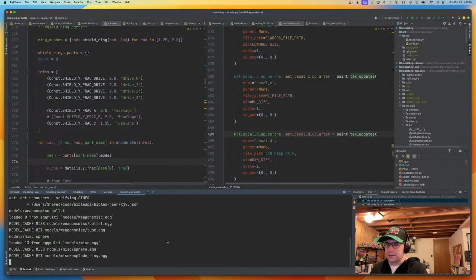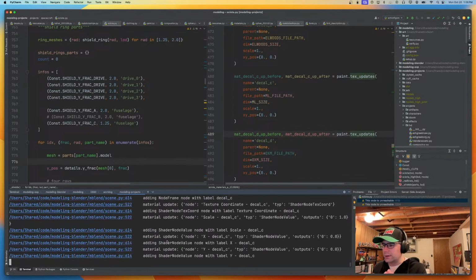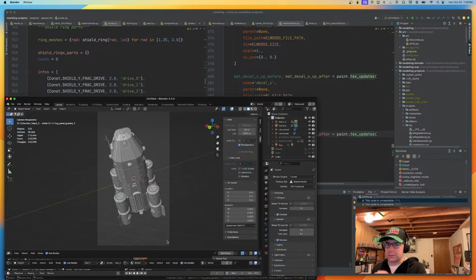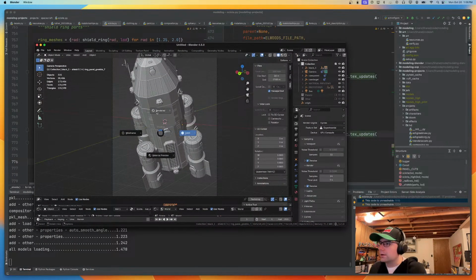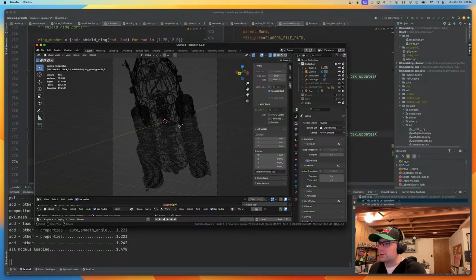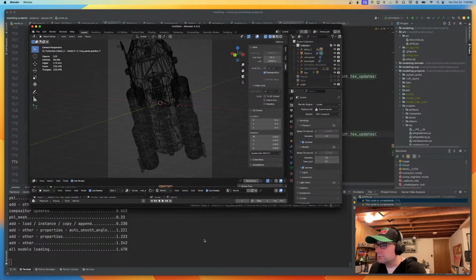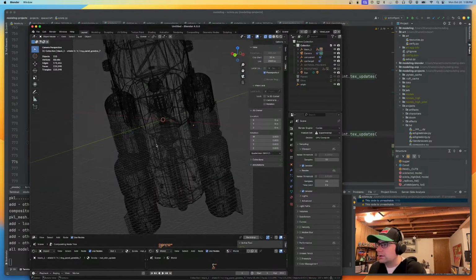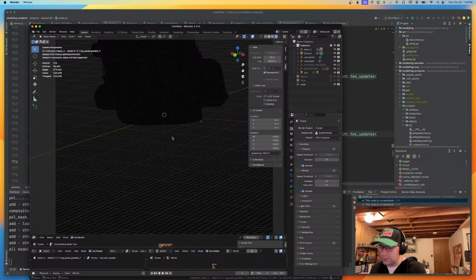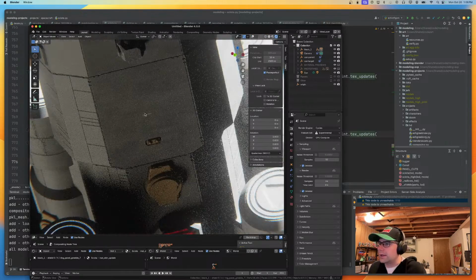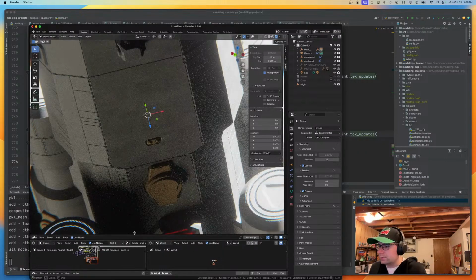When I run this, it is generating this kind of description that a script that runs in Blender opens up and builds the scene with. And if we go over to rendered view here, I'm adding these decals, but